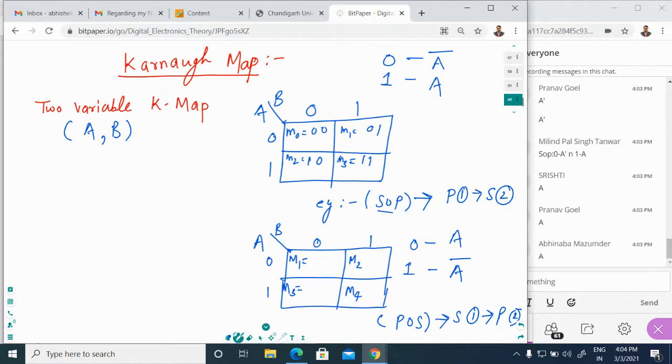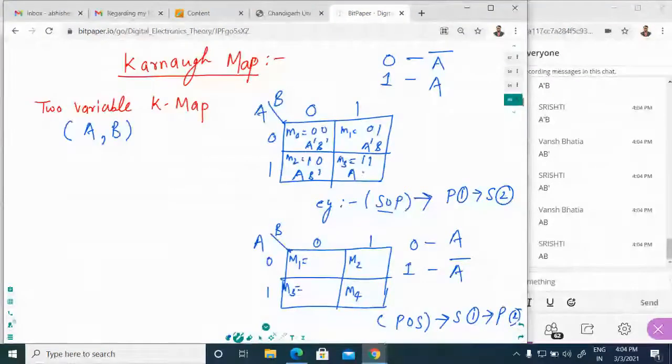How can you represent this 0, 0? Quickly give your response in chat. 0, 0 can be represented as A bar B bar, then M1 is A bar B, then A B bar, then the next one is A B. Yes, you are right, all of you.